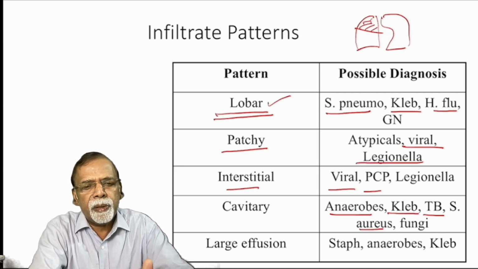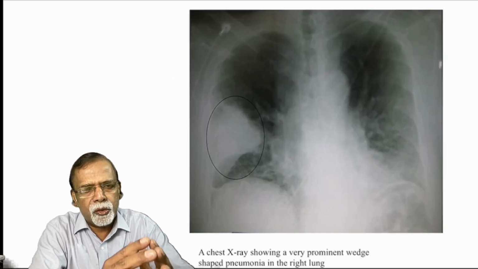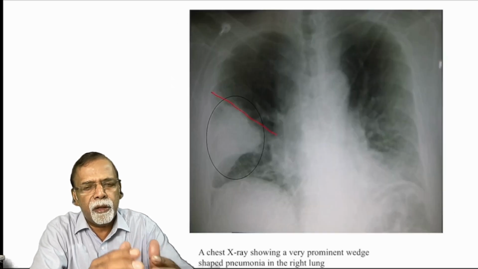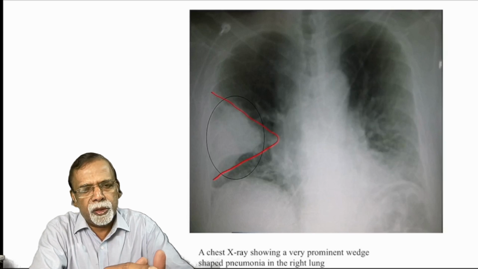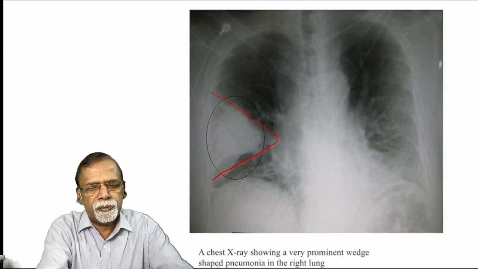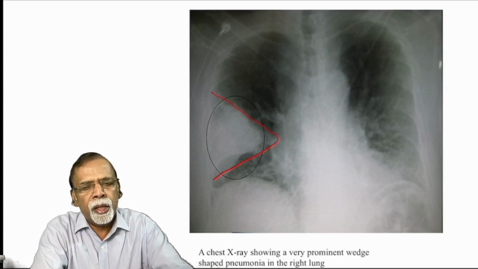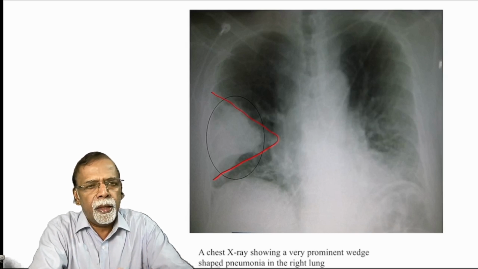This X-ray shows typical pattern of a consolidation. The lung is solidified. It looks like liver. There are no air spaces, because the alveoli are filled with fluid. The details of the X-ray findings we will study at later stages.